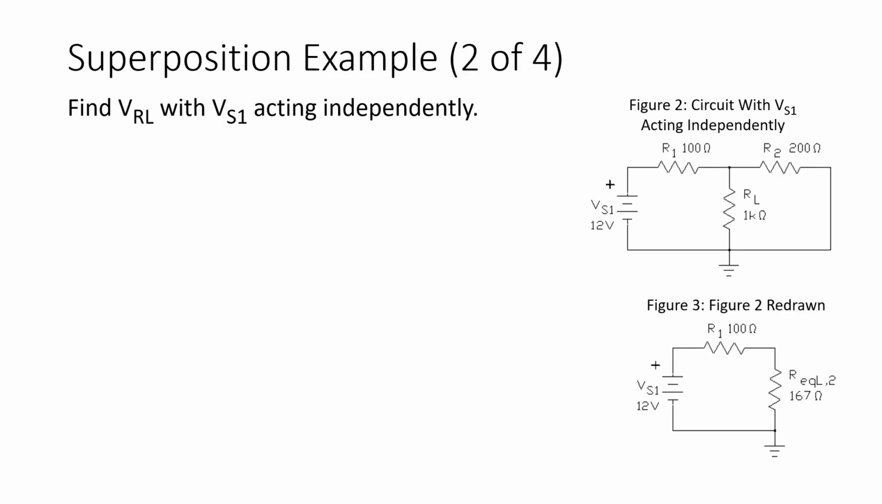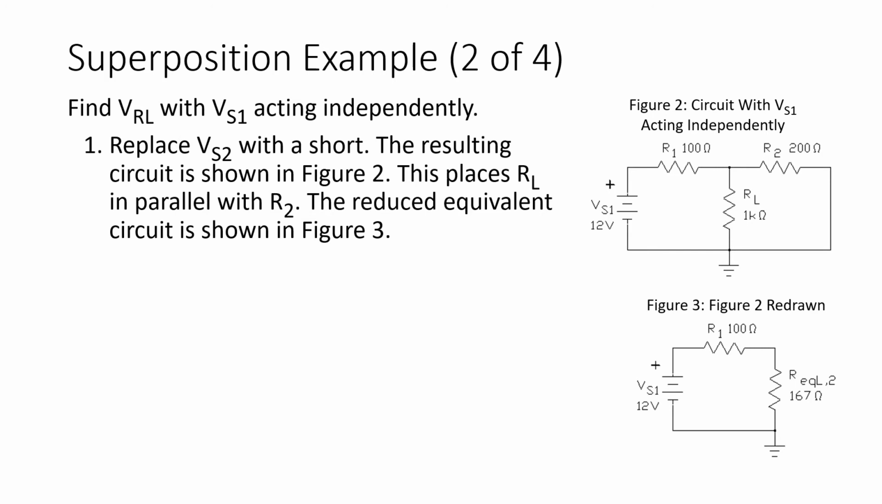So, first thing we're going to do is analyze the circuit to find VRL with VS1 acting independently. And you note in the circuit of figure 2 that VS2 is replaced with a short. So our resulting circuit places R2 and RL in parallel. And we've reduced the circuit of figure 2 to a simple series circuit by replacing RL in parallel with R2 with one equivalent resistance, shown as